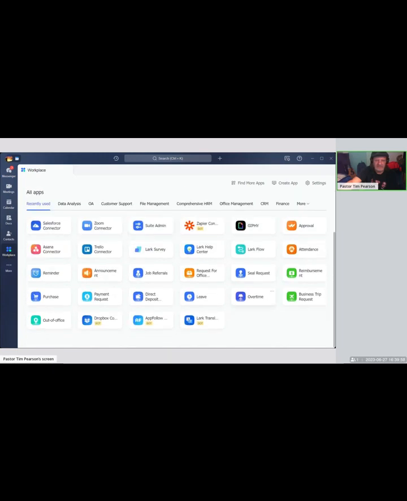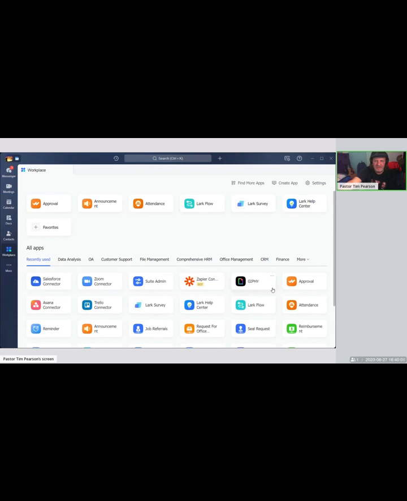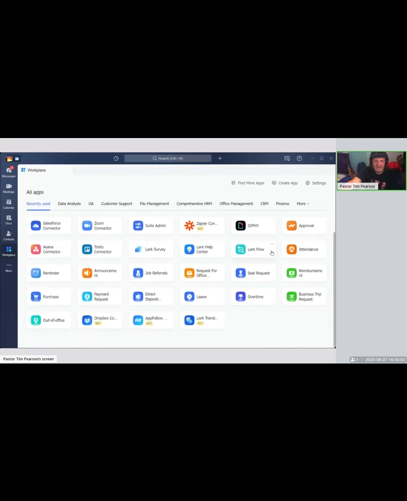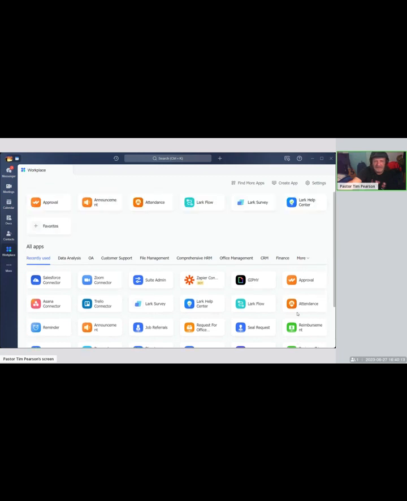It's a little difficult, not as easy as some things you could log into. They have purchases, store, Asana, Suite Admin, Zoom Connect. It might be all kinds of different things. You could see all of the apps that you could actually add to this. So I'm just going to tell you, I'm not going any further. There's no doubt in my mind that Lark is something you can use.